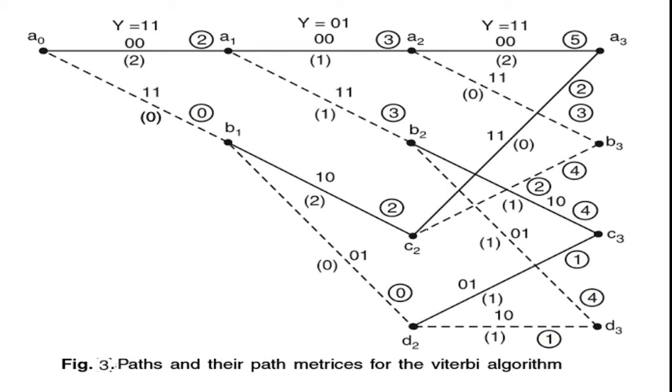And in this state C2, message bit 0 is to be transmitted, the encoded signal is 1 1, and on this path message bit 1 is to be transmitted, the encoded signal is 0 0. And next state D2, that state is 1 1, message bit 0 is to be transmitted, the encoded signal is 0 1. So in this path, message bit 1 is to be transmitted, the encoded signal is 1 0.